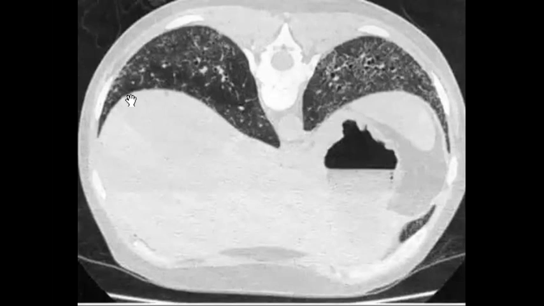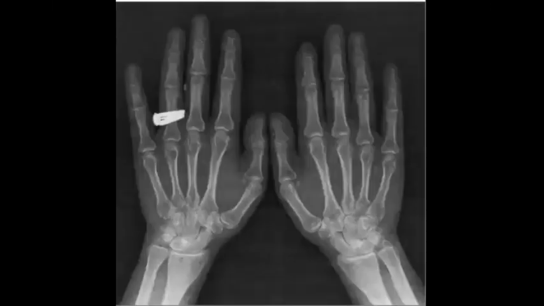So don't forget the entity of connective tissue diseases like rheumatoid and scleroderma, especially if, when you check this patient, you find that he had an X-ray of his hand before, and this is the appearance of his hand. So now what could it be? Check for the